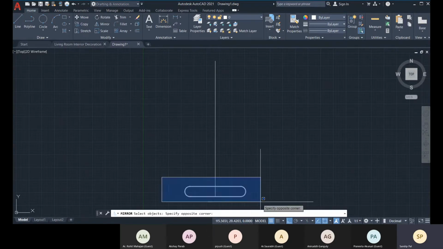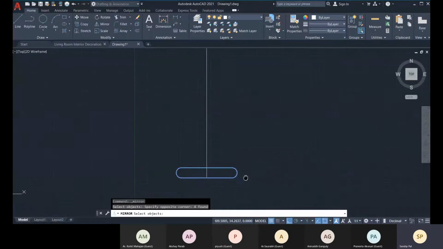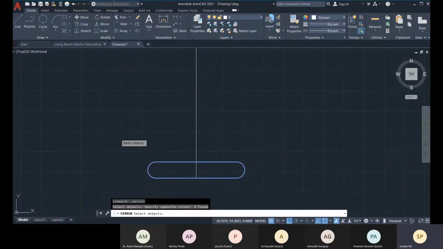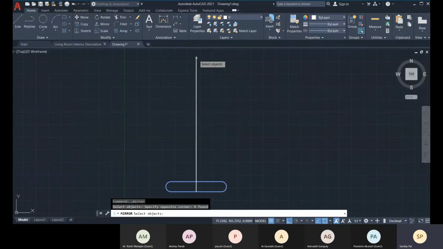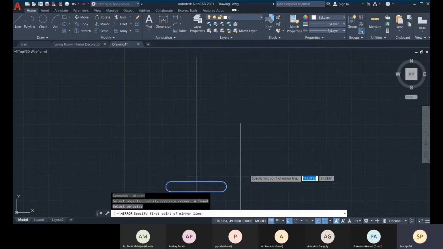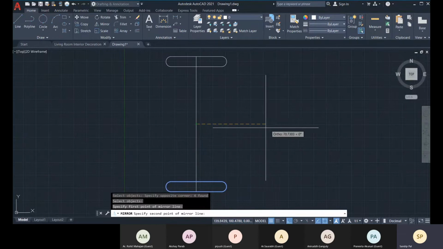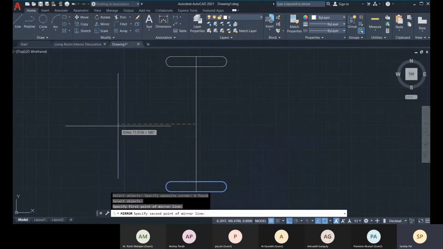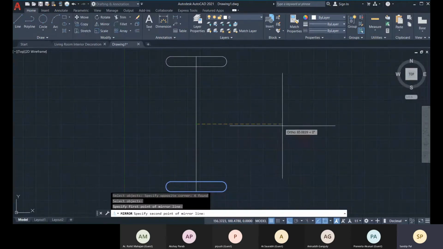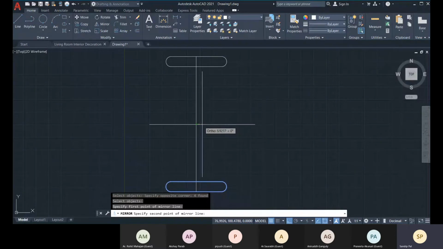For that I'll select this only. See how easily I can select with that blue window selection. And at the top I need to place it. After selection I will press enter and I will choose this midpoint as the first point of the mirror axis, and then the second point will be placed horizontally from the first point.